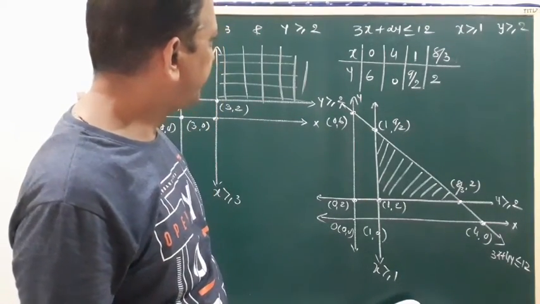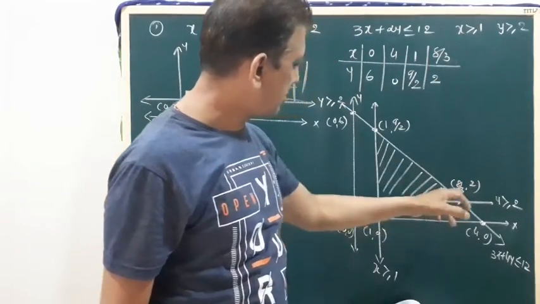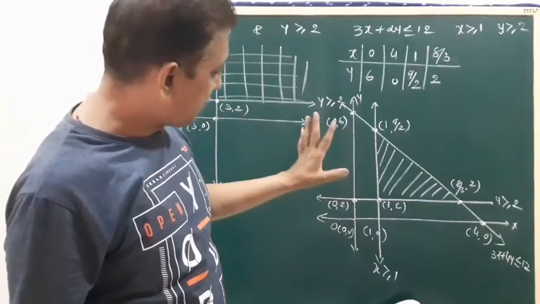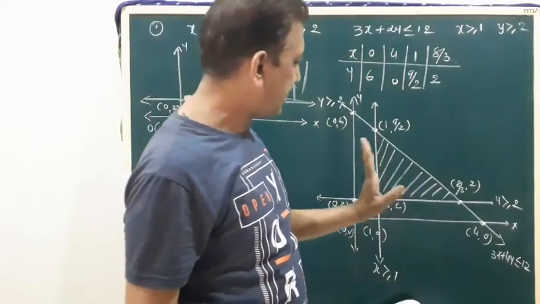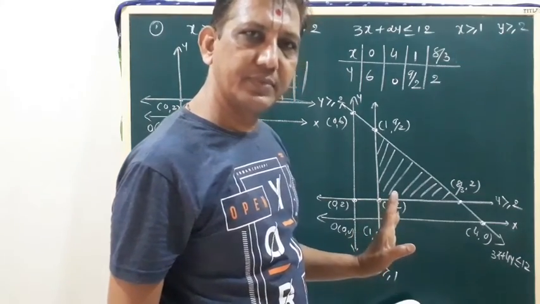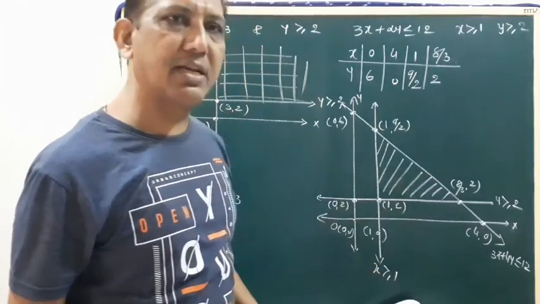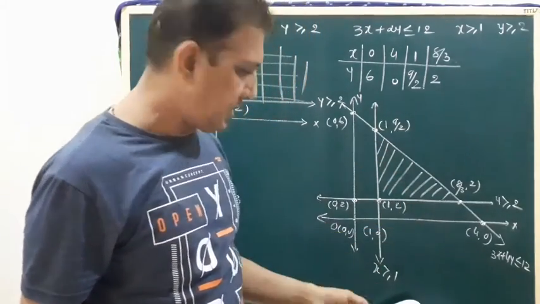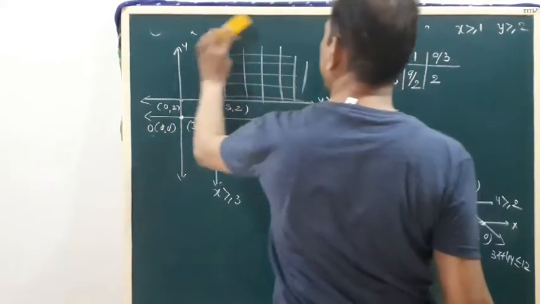Clear? So the intersection of these three lines is the common portion, a right angle triangle. Okay? In 12th science, you can also find the area of the right angle triangle. Same question, but you can also find the area of the right angle triangle. Right? Base into altitude. Okay? So this is your question number 2. Now discuss the third.